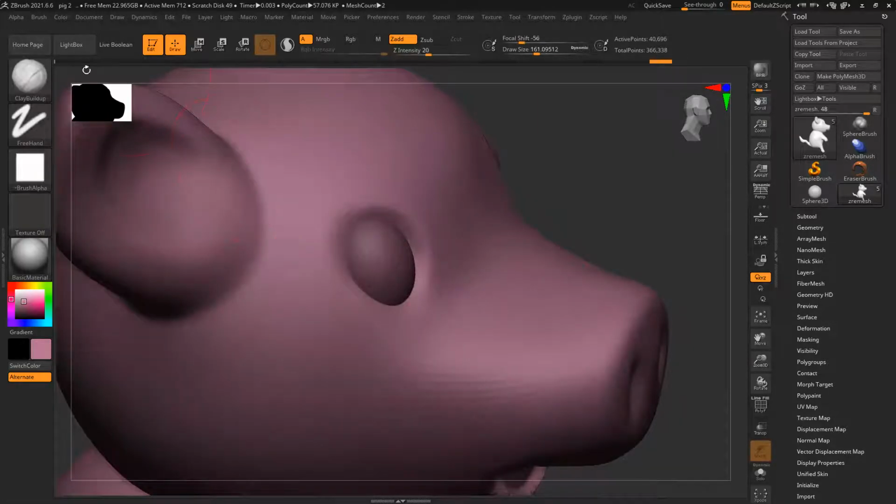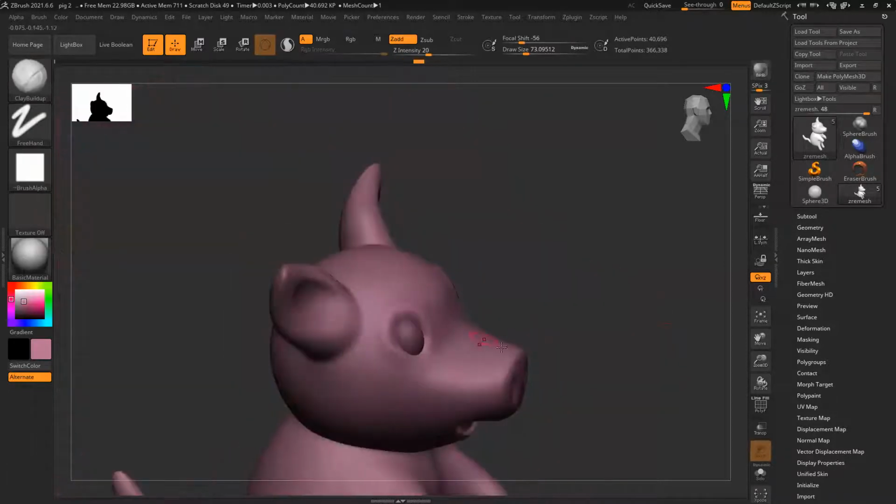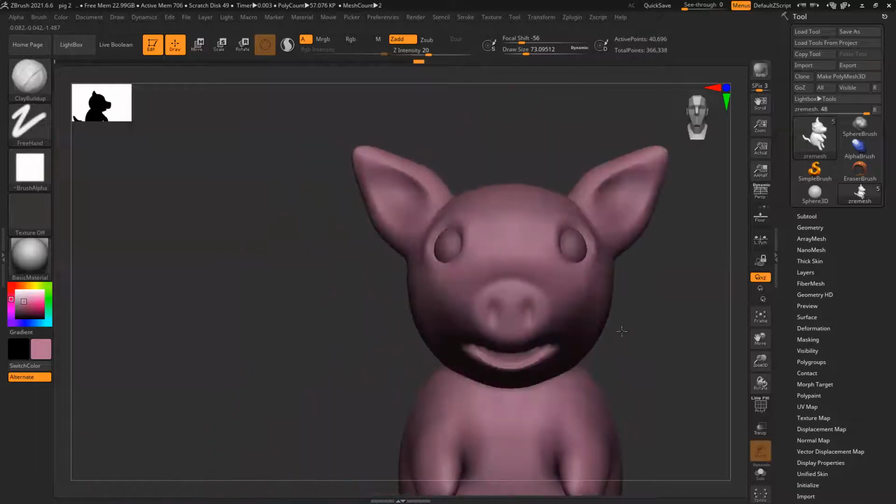That's why I asked you to send me a reference, because I don't have one. Without a reference, working on anything is very difficult. And in industry, 99% of the time you'll have a reference. You cannot modify things according to whatever you feel like. That's a concept artist's job. So if you have a reference, follow that reference. That would be a really easy, nice and correct process to work on it.